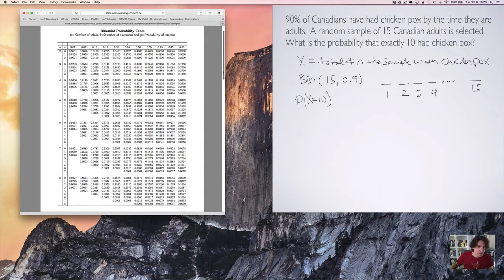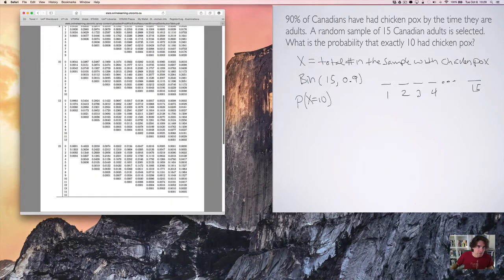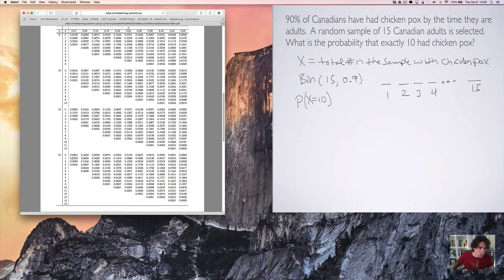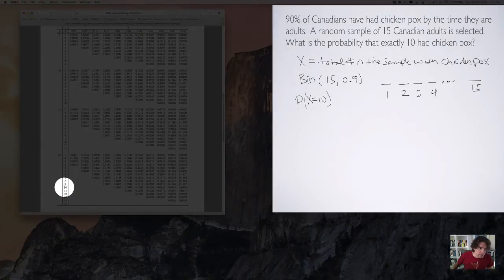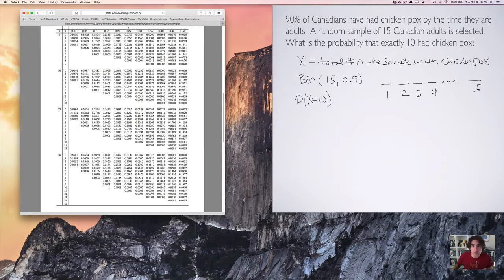And if we scroll down here to n is equal to 15, we're interested in k equal to 10. But there is no p equal to 0.9 here. So what can we do? Well, 10 people having chickenpox by the time they're an adult means that 5 didn't get it. So this is the same as